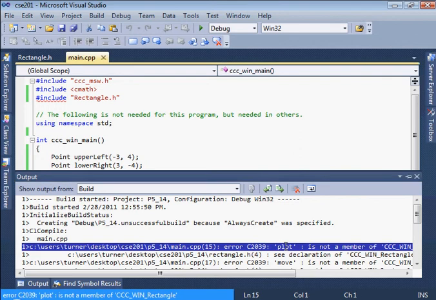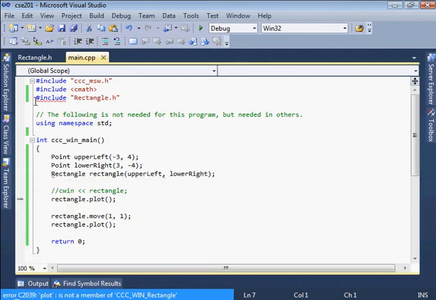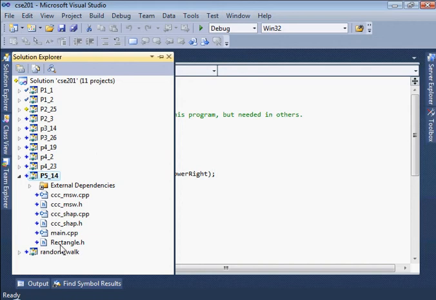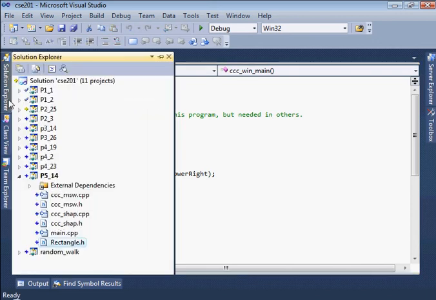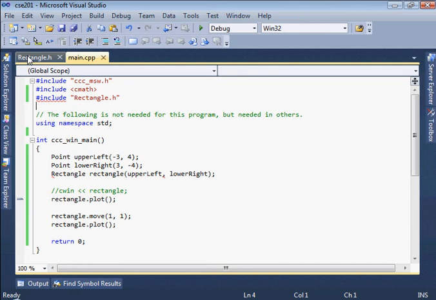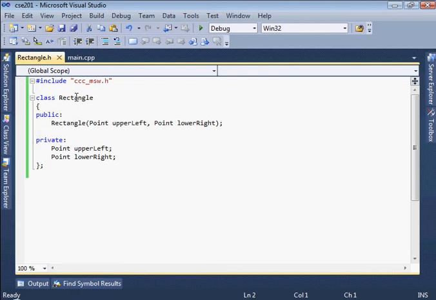So plot is not defined. What does this include here? Cannot open source file rectangle.h. Rectangle.h. I wonder why that doesn't show up there. Why is it? Is it because you don't have a C++ file associated with the rectangle.h? No, we have the